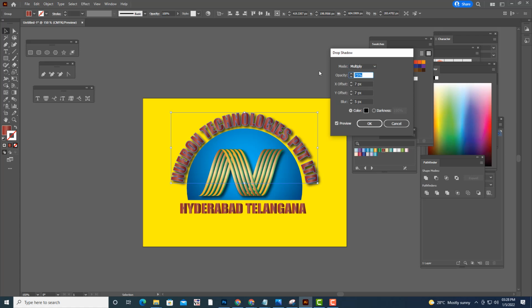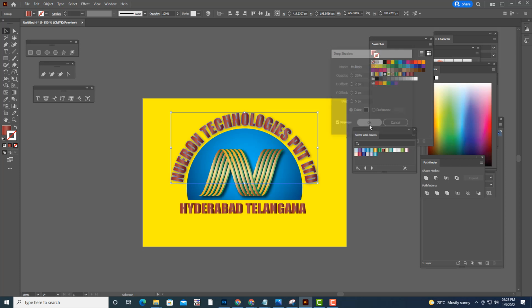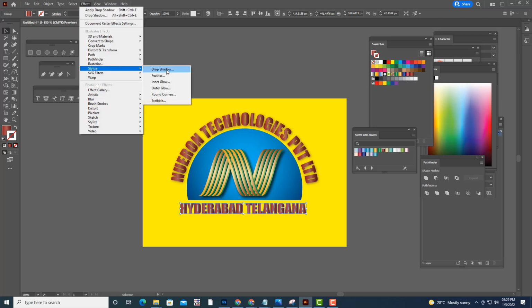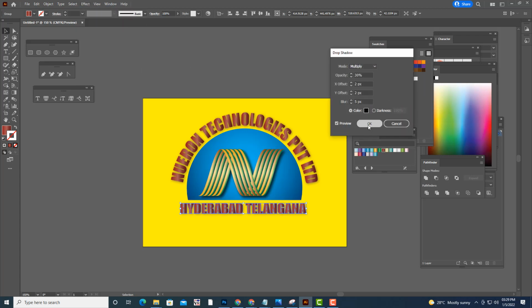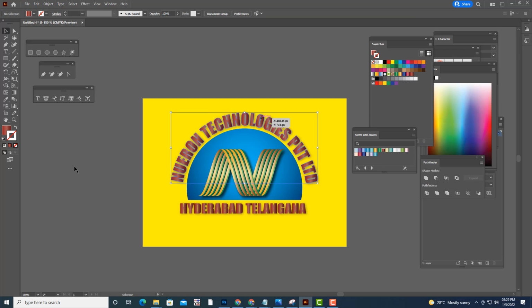We'll make it 30. And we can also give it a mild shadow. So we have given it a mild shadow. Simply click OK, and we'll give one outline now. Now it looks nice.